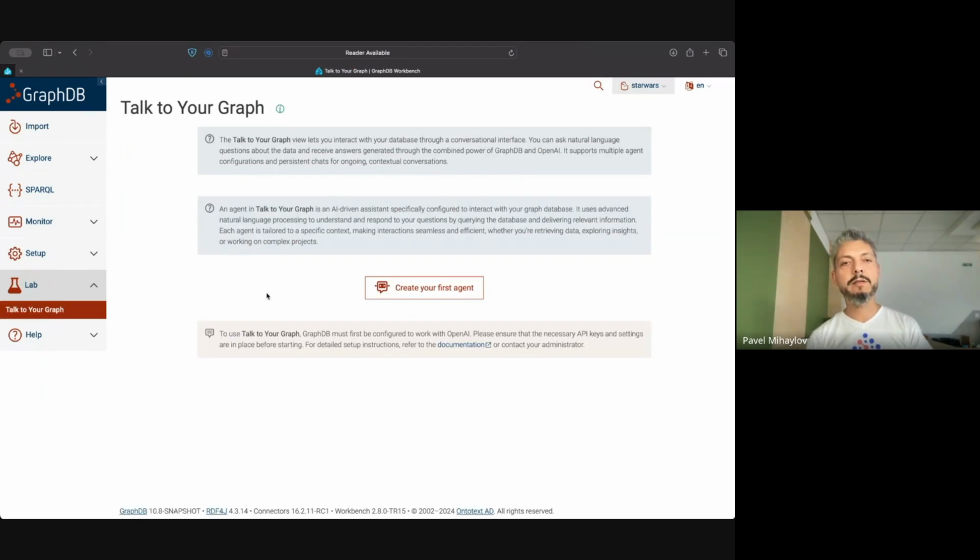And if we go there, it already looks very different from the old one. There is a lot more explanation of what's going on here, and there is this big button in the middle that you must press to start. But in essence, the difference between the previous version of Talk to Your Graph and the new one,